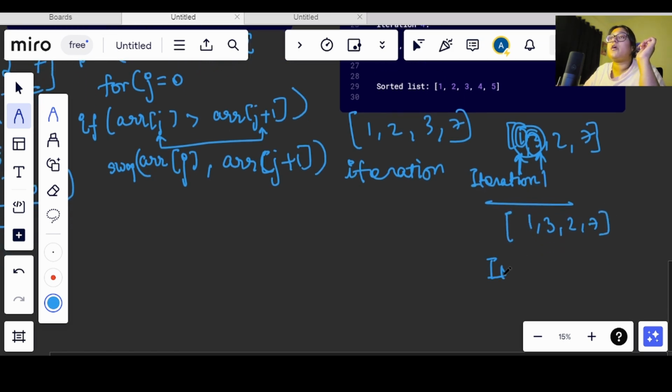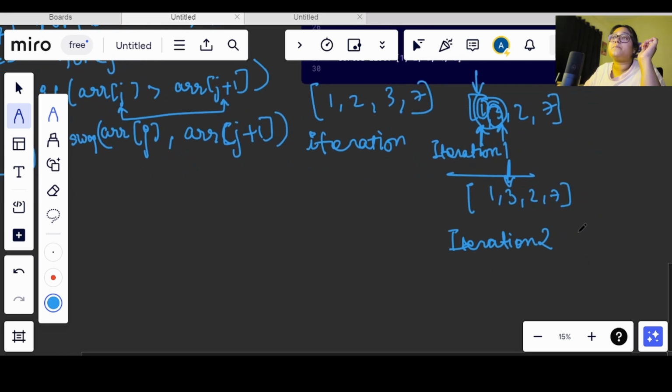Now we will move to iteration 2. Before, the j index was here, now j will move to this index, right? So in iteration 2, this is j, then this is j plus 1, right? So we will compare 3 and 2.